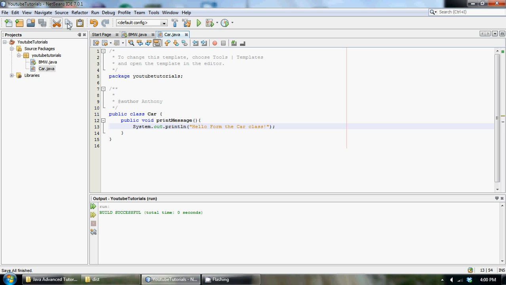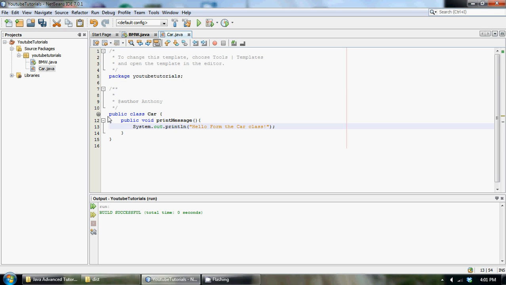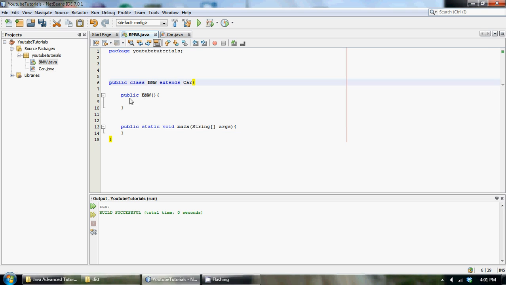Save that, and then over here, if we want to inherit that method from our car class, instead of making an object out of it, we could use a little keyword beside our class name here called extends. Now extends basically says whatever I put beside here, which we're going to put car, I want to inherit all of its abilities. So I'm going to go into this car class and inherit all the methods. In this case we only have one, but if we had say 10, it would inherit all the methods, and basically BMW has access to those methods